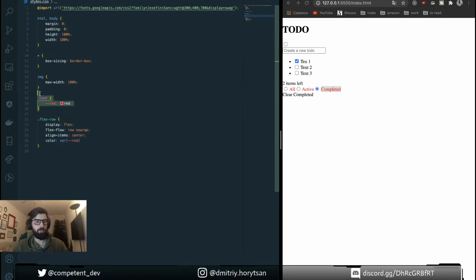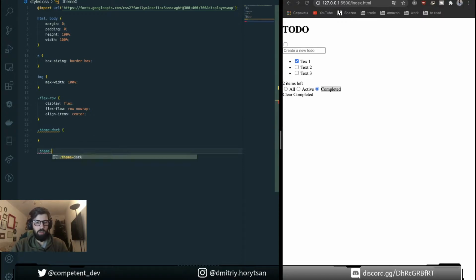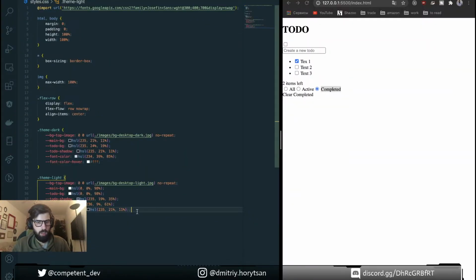So for example, we have theme dark and theme light. So let's define two classes, and another one will be theme light. So that's it with variables. Let's start using some of them.